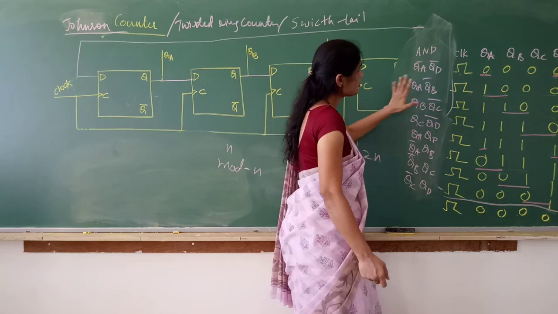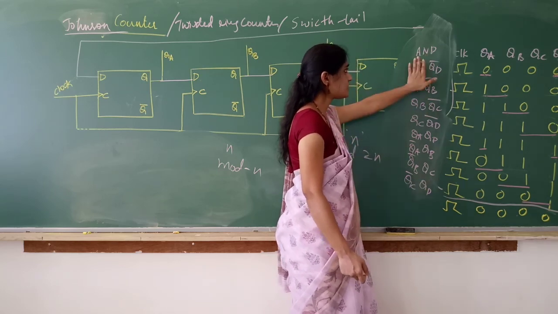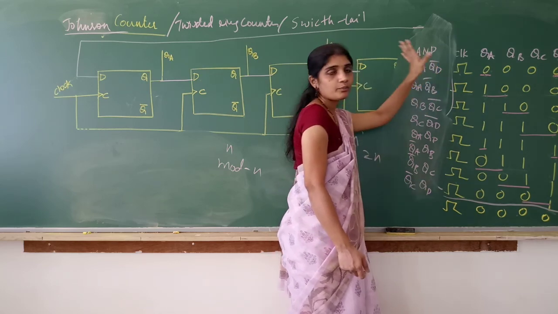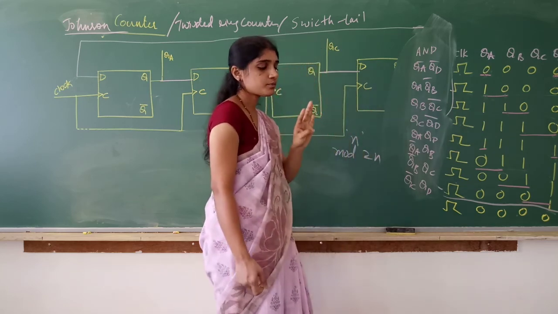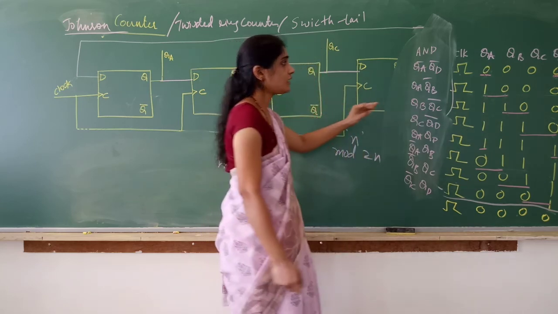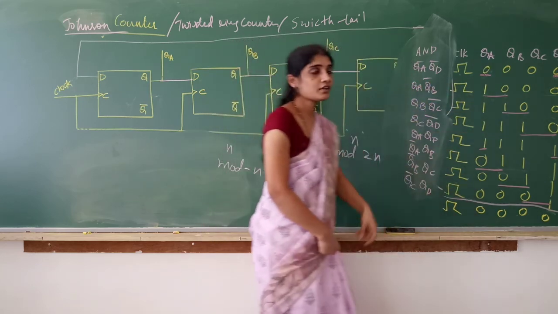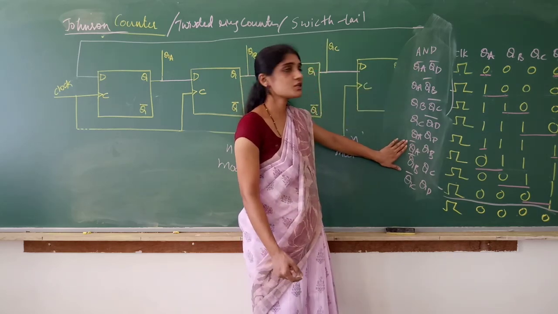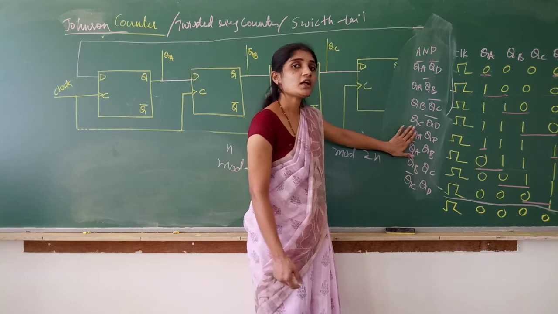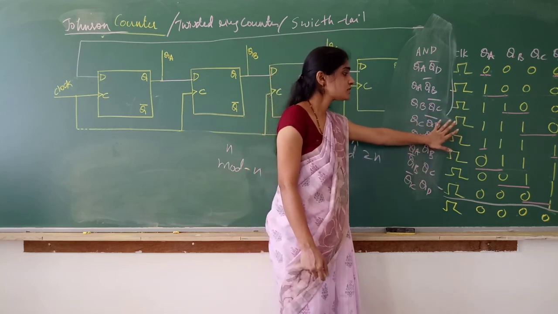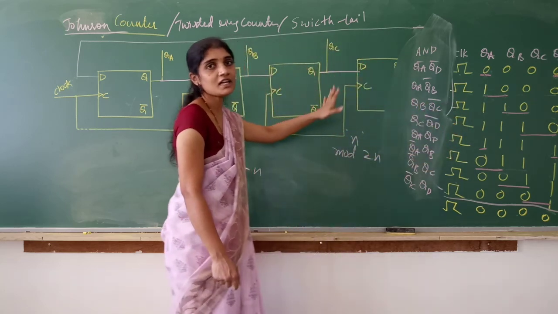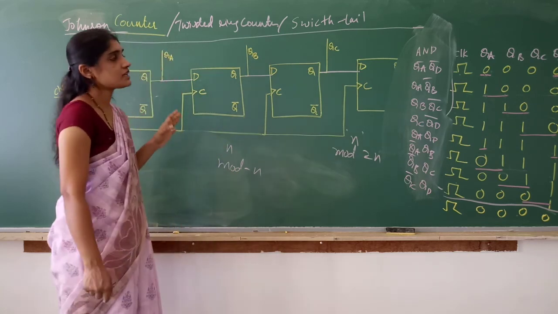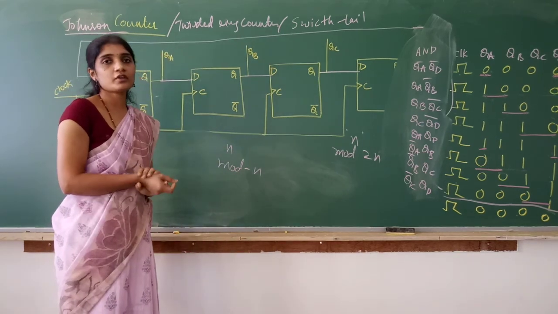Okay. This is not mandatory, you need not write this. For both ring and Johnson counter circuits, modulus is very important, and if you can write the sequence, that is enough. You need not write this. This is not required. This is only for your information that I have given. But if you write the circuit and the sequence, and mention the modulus, and give 1 or 2 sentences of explanation, that is more than enough for ring and Johnson counter.